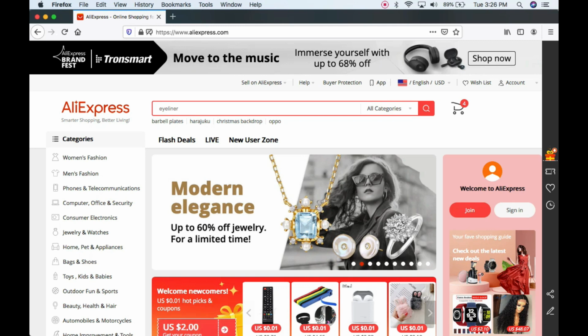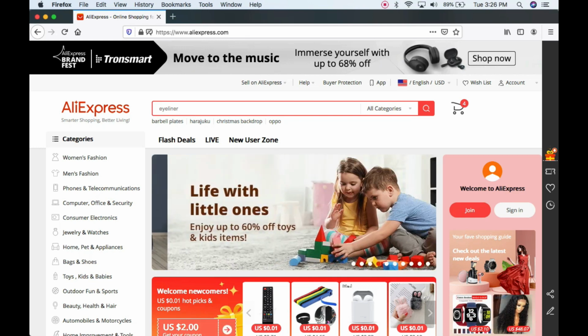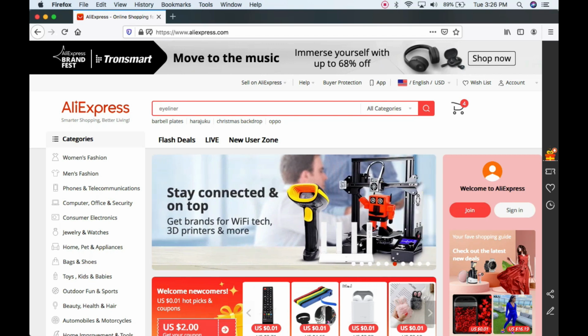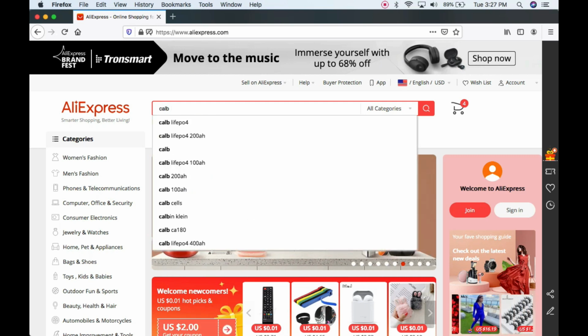So don't go anywhere. All right, so this is where you're going to look to order your CALB cells or your prismatic lithium iron phosphate cells. I buy all my stuff off of Aliexpress. They have different deals that come at different times. Some of the stuff is US stocked. A lot of it is not. It does have to ship from China, so you've got to pay attention to the shipping times. A lot of that can be delayed, but we're going to do